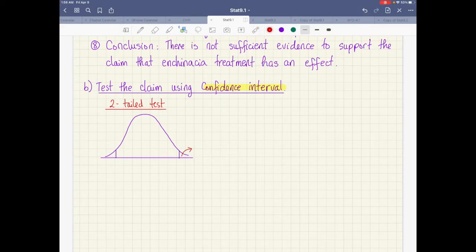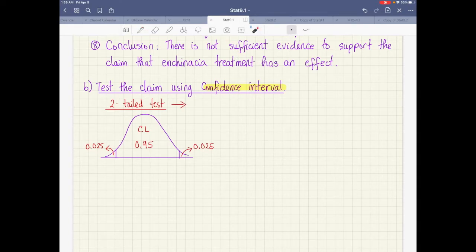This is half of alpha, and this is another half. This piece is 0.025. This piece is 0.025. So if you take this little piece, add to this little piece, add to the rest, it should be 1. So this added to this is 0.05. Added to this should be 1. So this should be 0.95.